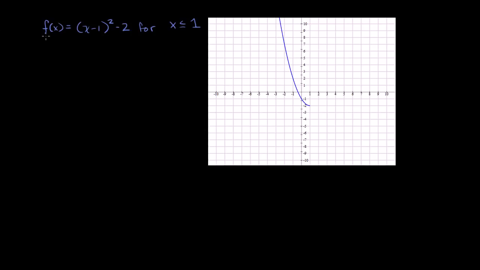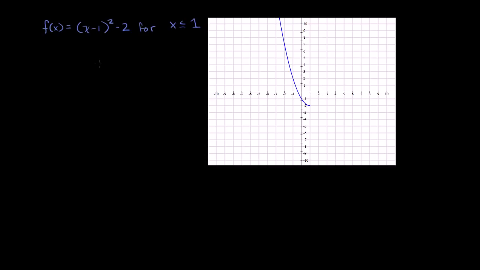We have the function f(x) = (x - 1)^2 - 2. And they've constrained the domain to x being less than or equal to 1. So we have the left half of a parabola right here. And they constrained it so that it's not a full U parabola. I'll let you think about why that would make finding the inverse difficult. But let's try to find the inverse here.